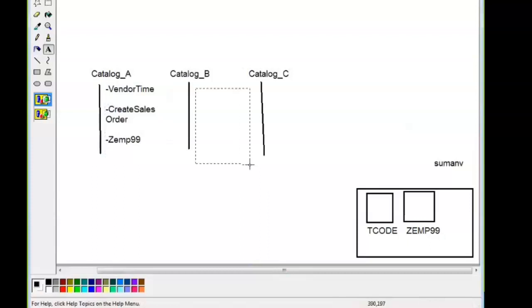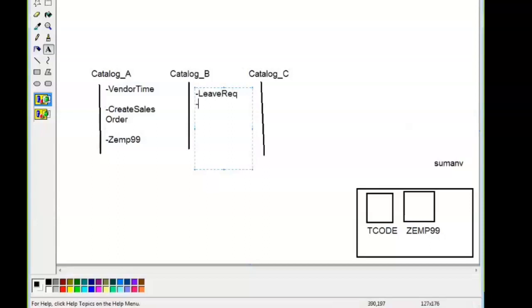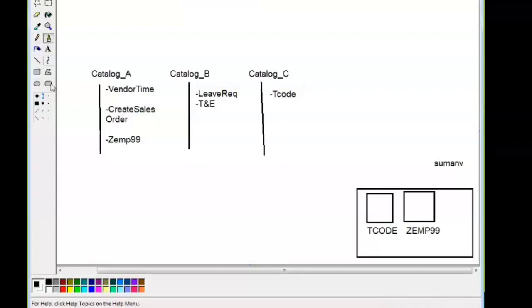Another consultant, catalog B, is working on other applications. Let us say leave request, travel and expenses. Catalog C, working on some key code enhancements. Now, I need to place key code and the ZEMP99 from catalog C and catalog A respectively.